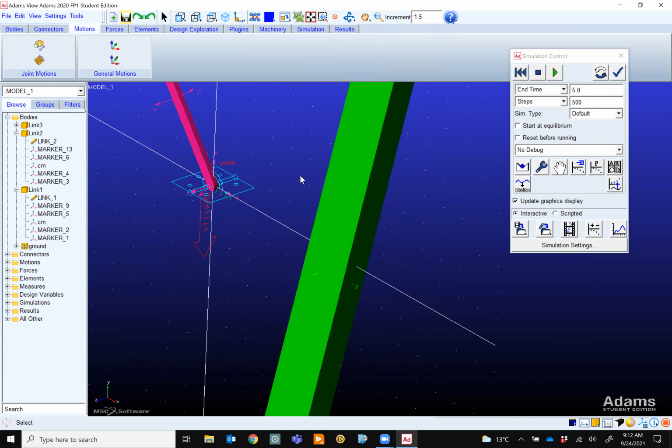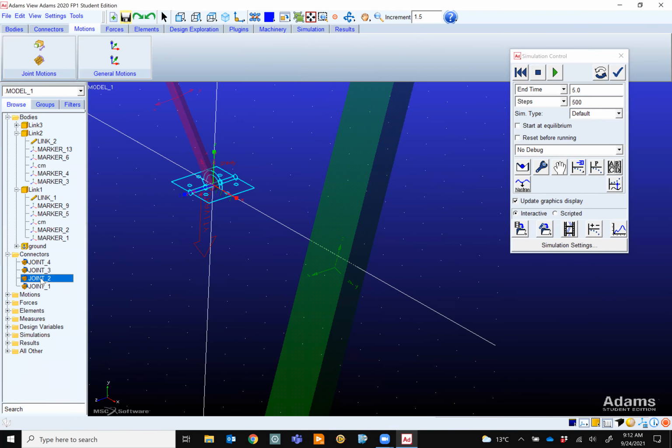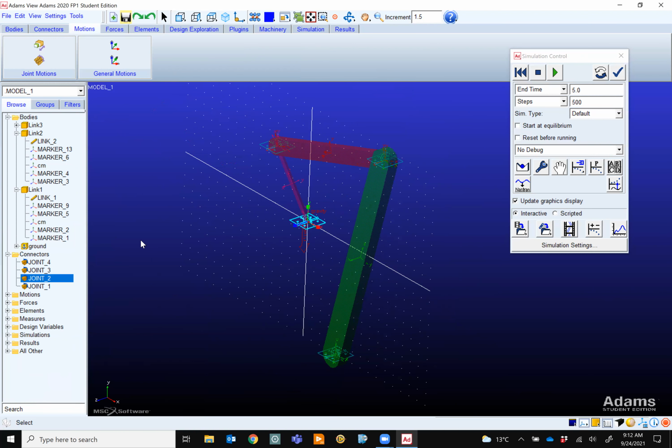Remember, we started with a 2D model, so I could explain, but this software is meant for 3D things. So everything is 3D, in fact. So you see, this joint is like real life, it's 3D, right? And by the way, this joint, you can find it under these things, and you'd better rename them as well, because later you need to find the forces in this joint. And this is joint 1. Joint 2 is somewhere else. No, this is joint 2, sorry. This is joint 2, because when you click on them, it will highlight them. Okay, so this is joint 1 at the top, joint 2, joint 3, and so on. So joint 2, you can change its color, you can change its name, and so on.